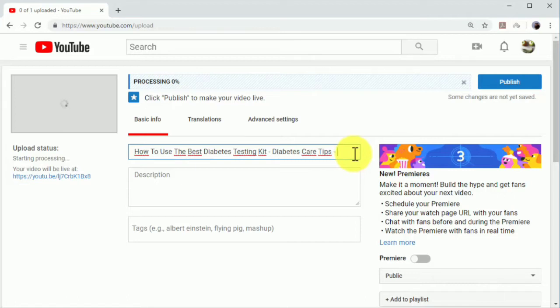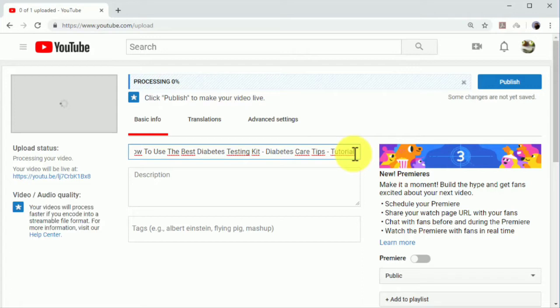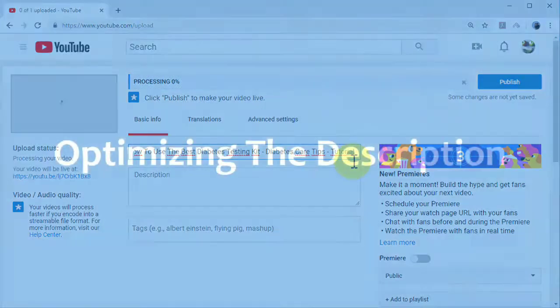Video keywords that we recommend you to use include review, how-to, tips, tutorial, cute, funny, and keywords related to fitness, sports, health, and lifestyle niches. In our example, we are going to strategically include 2 video keywords at the end of our video title. The tips keyword followed by a hyphen, followed by the tutorial keyword. This way, we will make our video appear on searches that target any of the 2 video keywords.